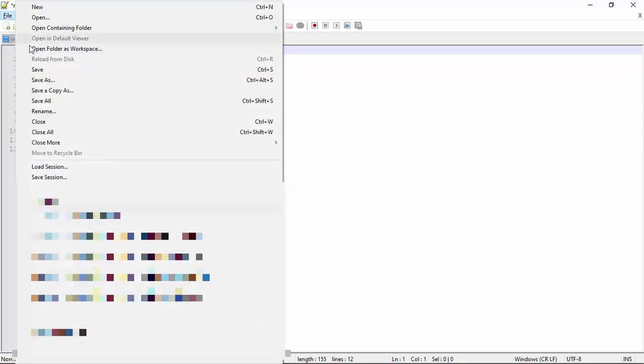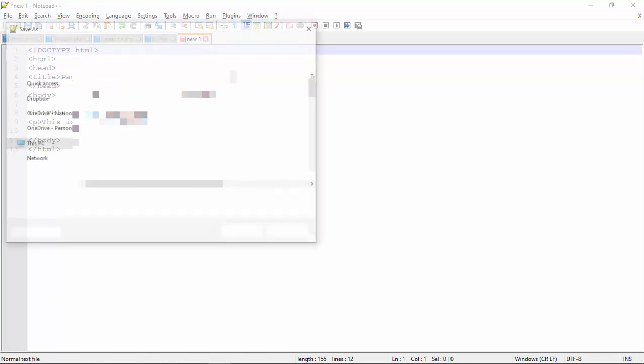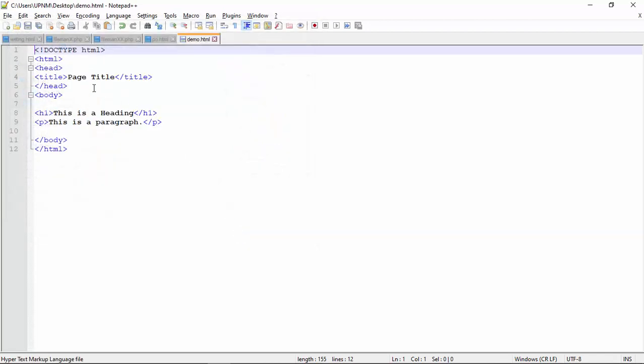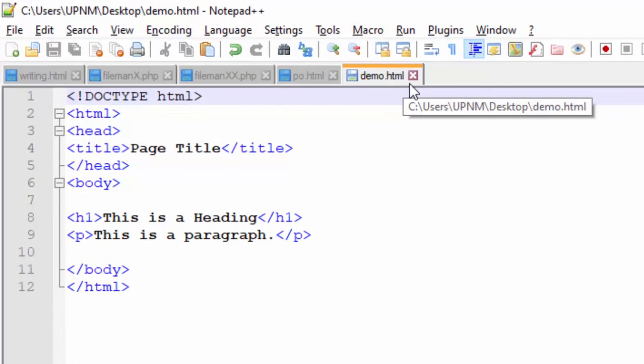So file, save as. I want to save in desktop and I would like to name it demo.html. Save.